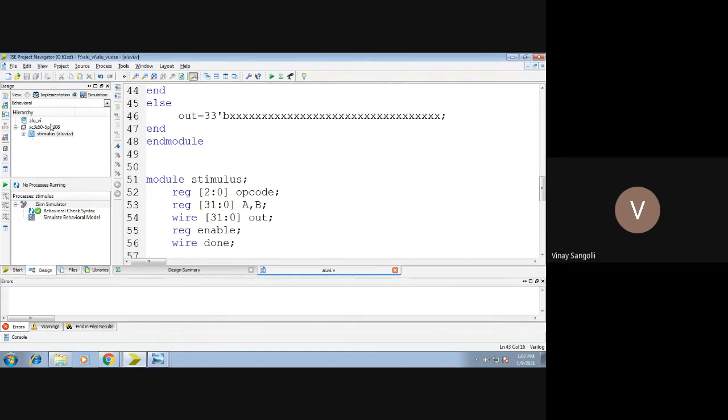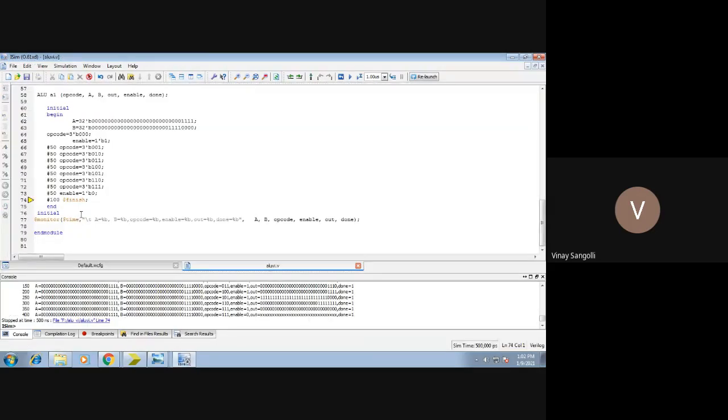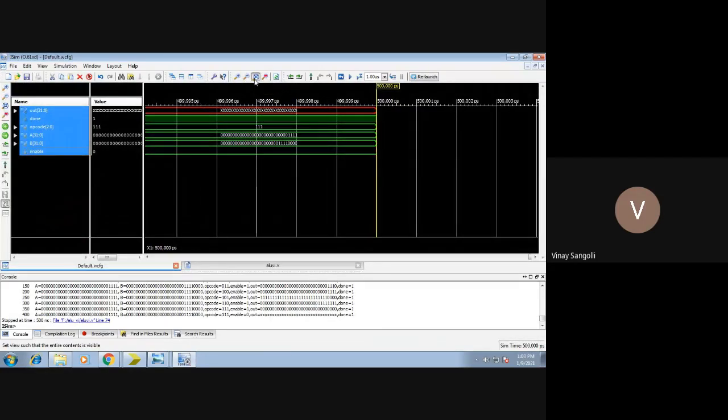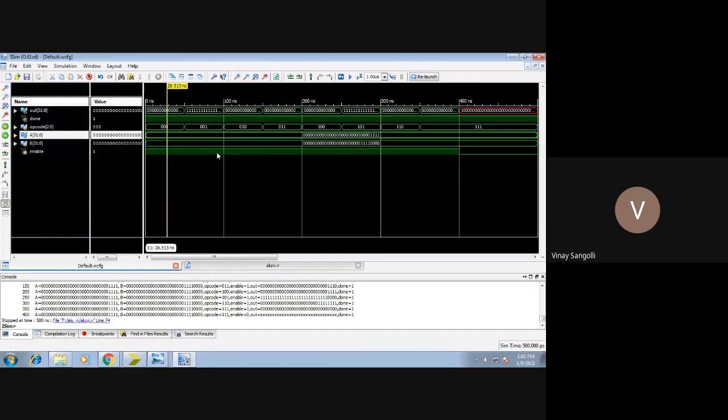Okay, so I executed. We will be pressing this fit to screen. Once you press this fit to screen, you can observe here the first input, where the enable is high. Therefore, you can see the output is 0, 0. Even the input is 0, 0, and you can see the corresponding output. If you want, you can just drag this out so the output is very much clear. This is my input, this is my output.